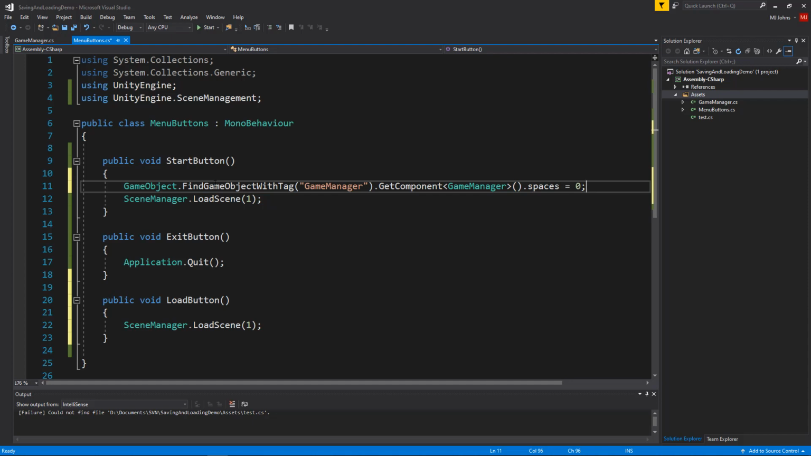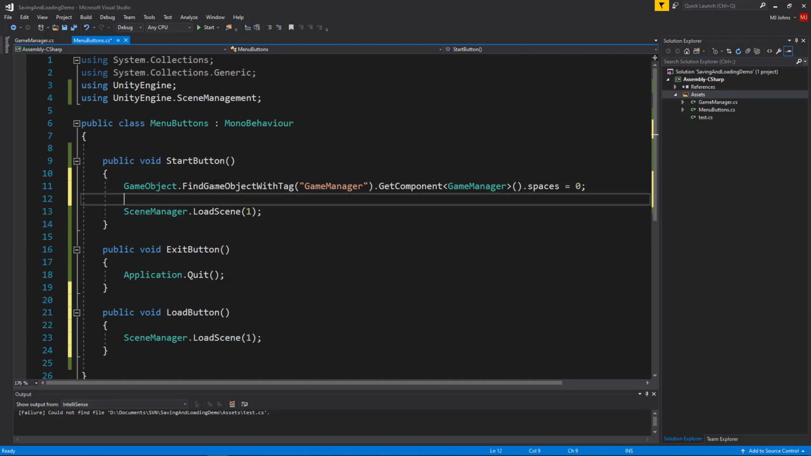But I also need to reset the PlayerPrefs value. So PlayerPrefs, one of the nice things is you can access it from any script. So even though I'm setting the value in my game manager script, I can also set the value in my menu button script. So I can do PlayerPrefs dot set int spaces count, and I'm going to set it back to 0. So that will clear out my saved information. Now I can save that script,